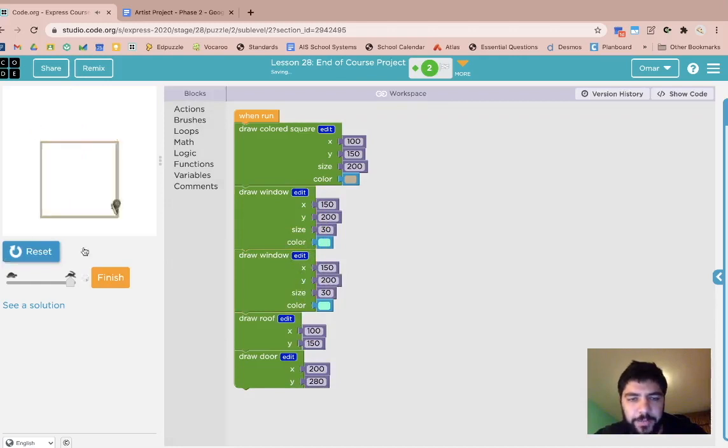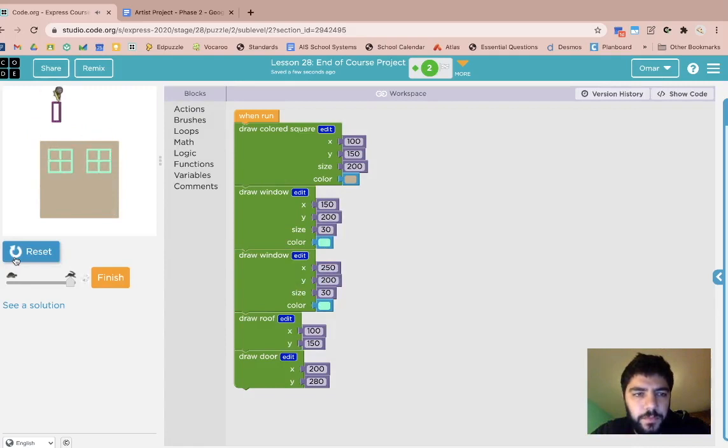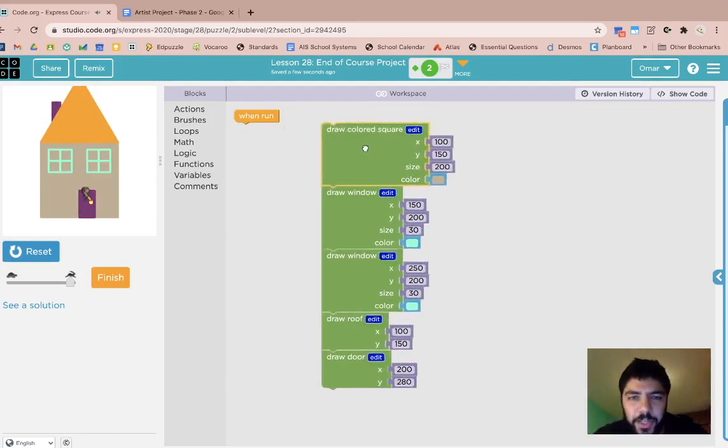Because right now I only have one window. So let me put another one, let's say 250 there. Let's try this out. As you can see here, I was able to make two windows just by reusing the same function again. I didn't need to go in and see how the artist is going to move. And a secret to doing all this